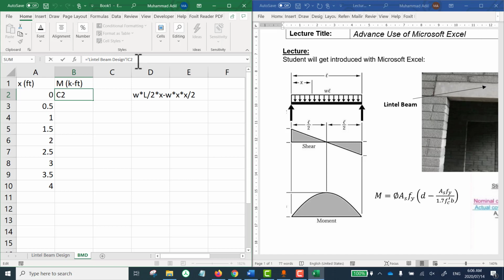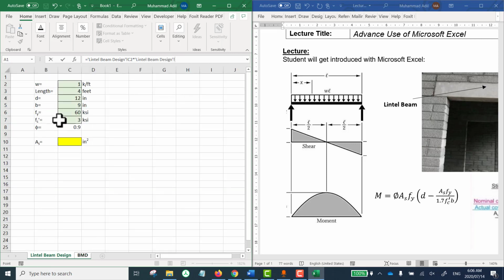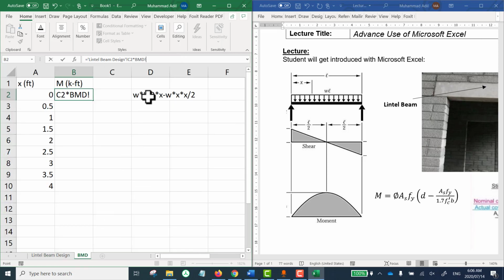Now I need to multiply it with the length, so I'll go back there and click here. Now it is saying C2 in lintel beam sheet, multiply it with C3 of the lintel beam design sheet. I go back to the BMD and see we need to further divide the result by 2,